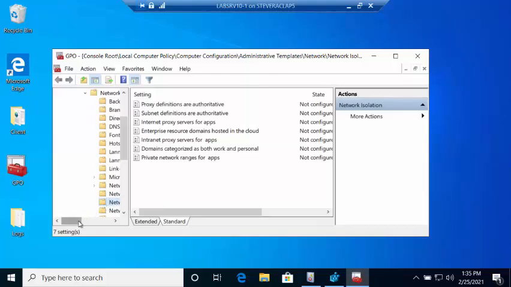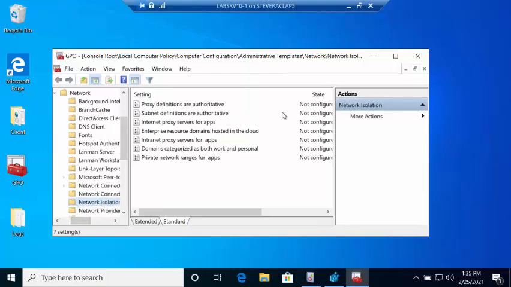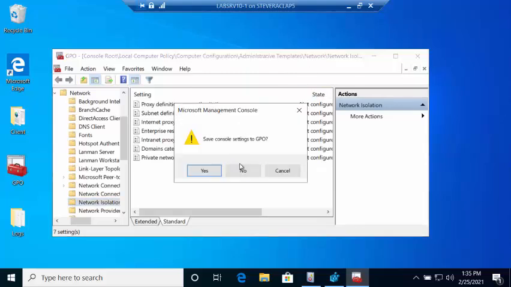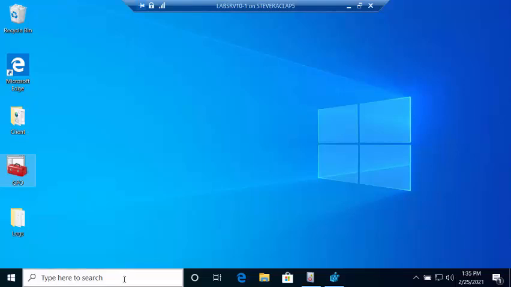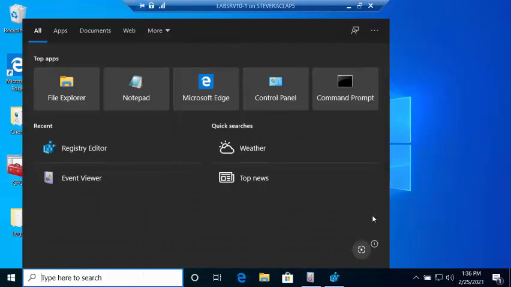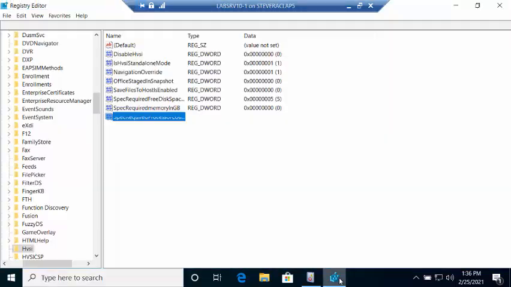Well, I stopped in network isolation. This is GPO, and not a single one of these settings are configured. So I thought, well, something's weird here. So I dug a little bit deeper. I'll show you that in a minute. And I realized this is actually coming down through the configuration service provider. So what does that look like? Well, if I go to the registry here, and I look under Policy Manager,